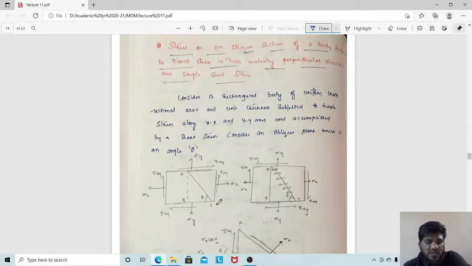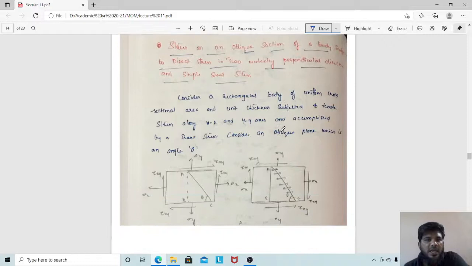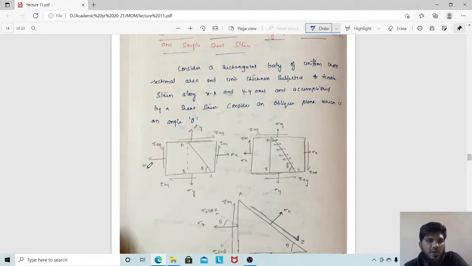With this derivation we will try to end today's session. Stresses acting on an oblique plane which is subjected to direct stresses which are mutually perpendicular to one another, and simple shear stress. So mutually perpendicular sigma x, sigma y, these two are my stresses. Okay, clear? Here I have drawn an assumption wrong. These two should be coming together and these two should be coming together, because I have drawn both in the same direction. I got it wrong, so try to remember this.